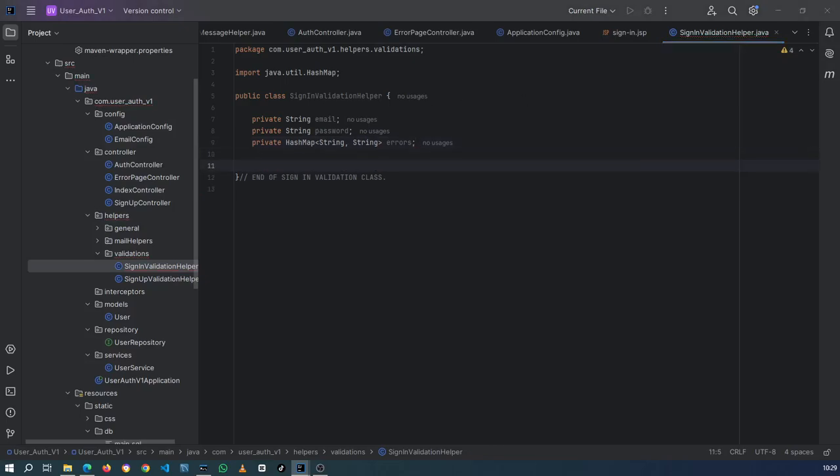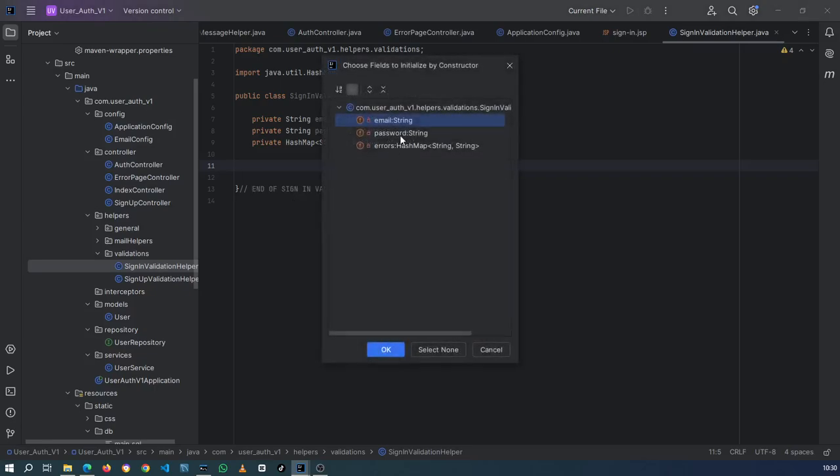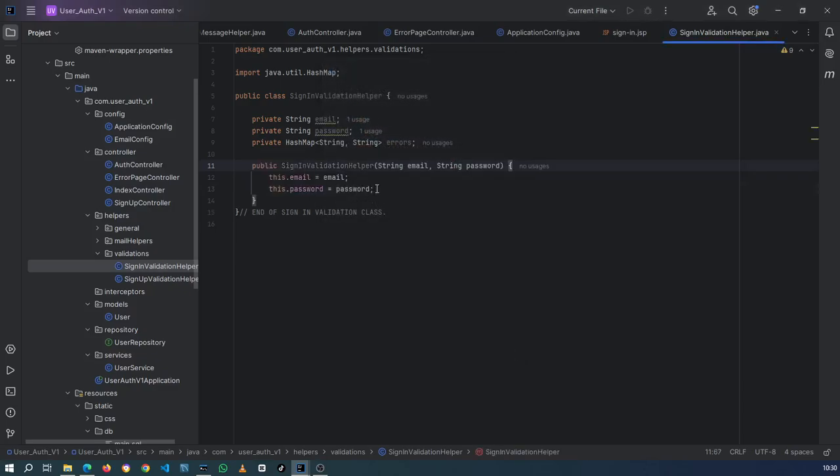Alright. Okay, so let's add a constructor. So select everything except for the errors hash map, and then down here we'll say